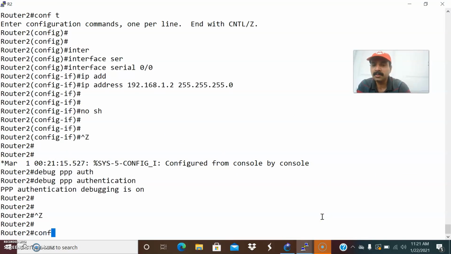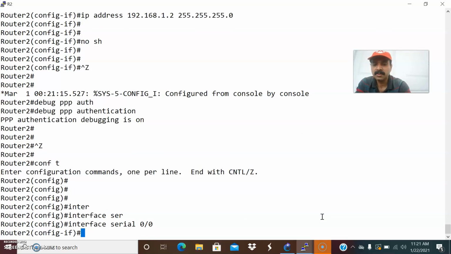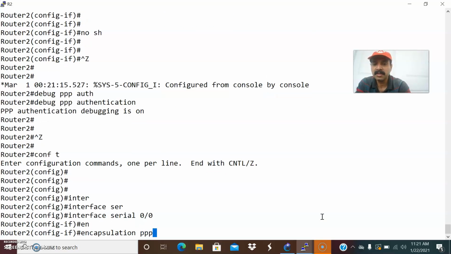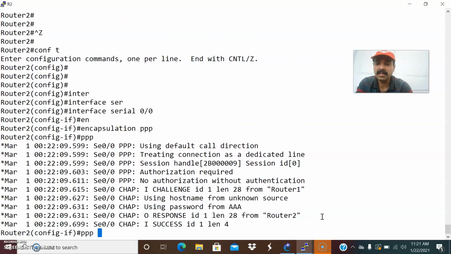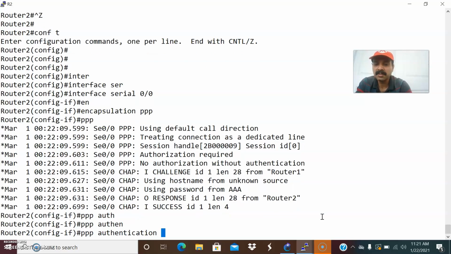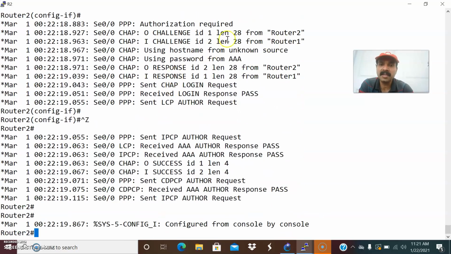So go to R2, go to the configuration mode, interface serial 0/0, encapsulation PPP. After enabling this, it will automatically authenticate using CHAP, the Challenge Handshake Authentication Protocol. Now immediately we'll see that it is sending the challenge ID between router 2 and router 1, automatically sending the parameters, and it is showing pass.